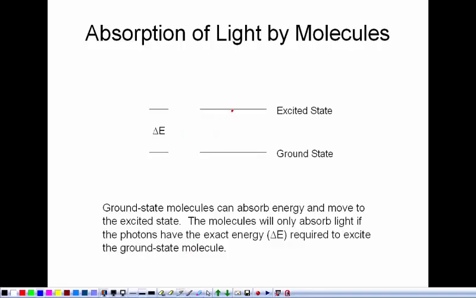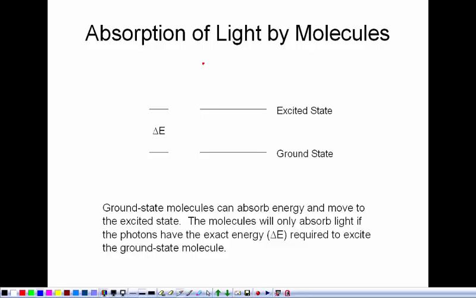So if you have an electron in the ground state, well, that's okay. I can record it without writing. If you have a molecule in the ground state, it absorbs energy to go into the excited state. The energy difference is always quantized, meaning that there's a very discrete difference in those energies of those